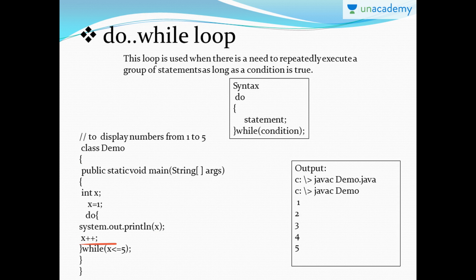Now it will become 2, again it is testing, it is true, again it is printing, until x becomes 6. 6 is not less than or equal to 5, therefore it comes out of the loop. Therefore the output will be 1, 2, 3, 4 and 5. You can give any number here, like 1 to 5 or 1 to 10, as per our